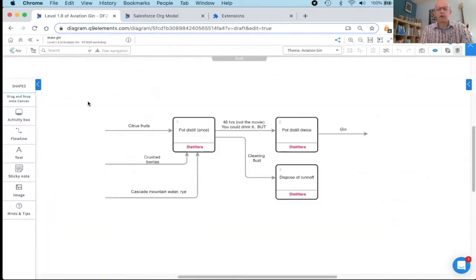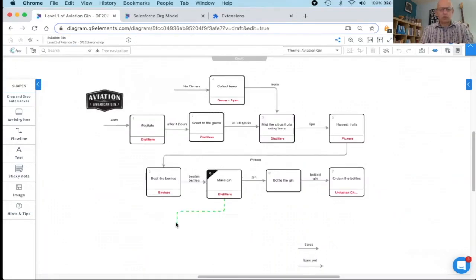So we can see here the process starts, finishes with gin, but it starts with citrus fruits, crushed berries, and mountain water rye. So those are things I don't see at the higher level. I need to go back and make sure that we've got those other items on there. So let's just go back up. So what I heard here is that we also have water and rye coming in,